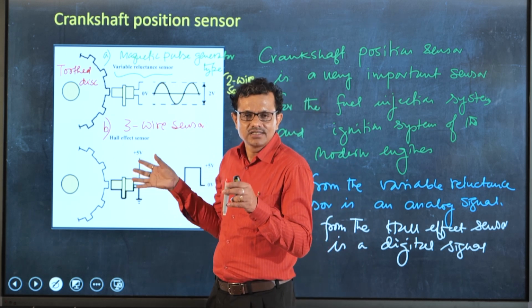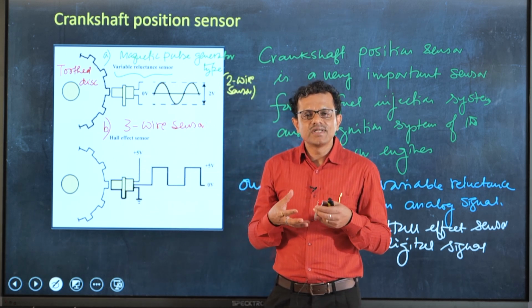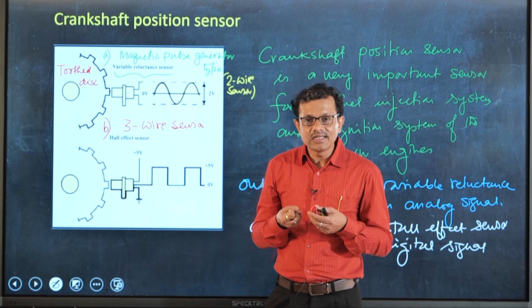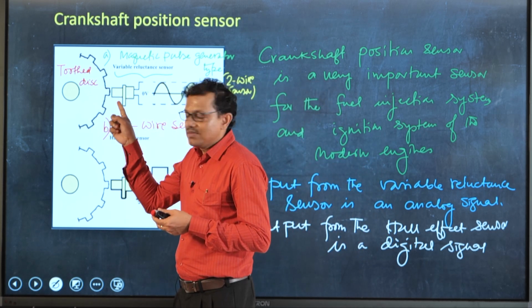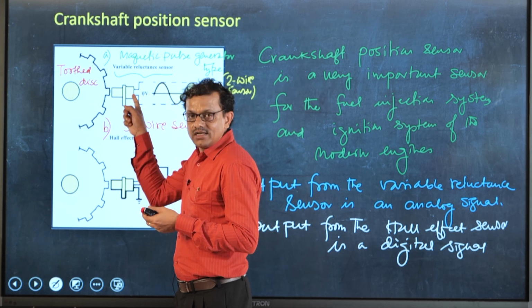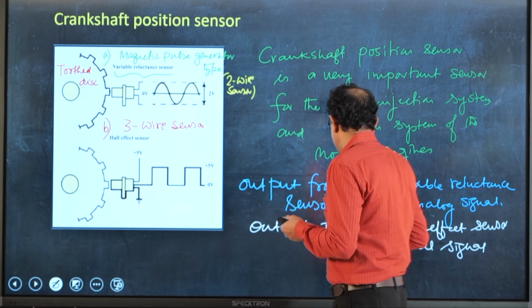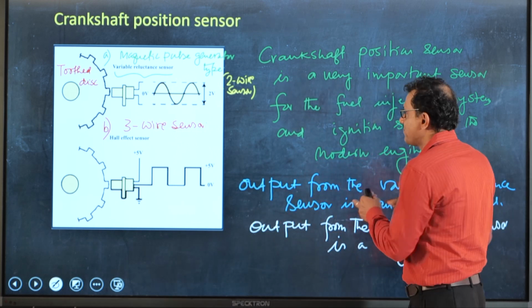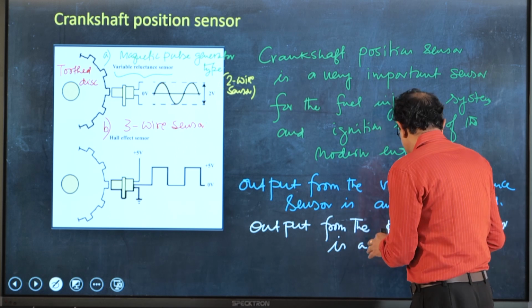Typically these sensors employ electrical or optical method to get some excitation, and this toothed disc is the one which excites the sensor, producing a signal, and that signal is analog for the variable reluctance sensor certainly,